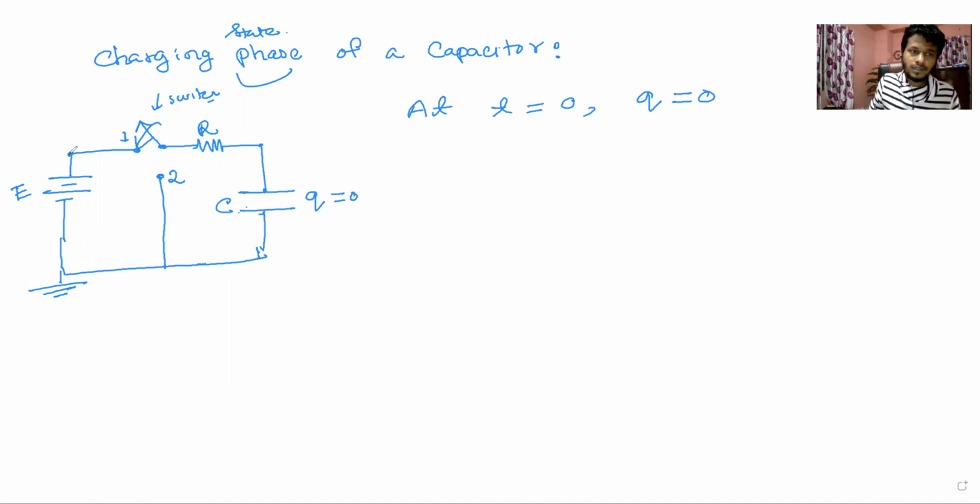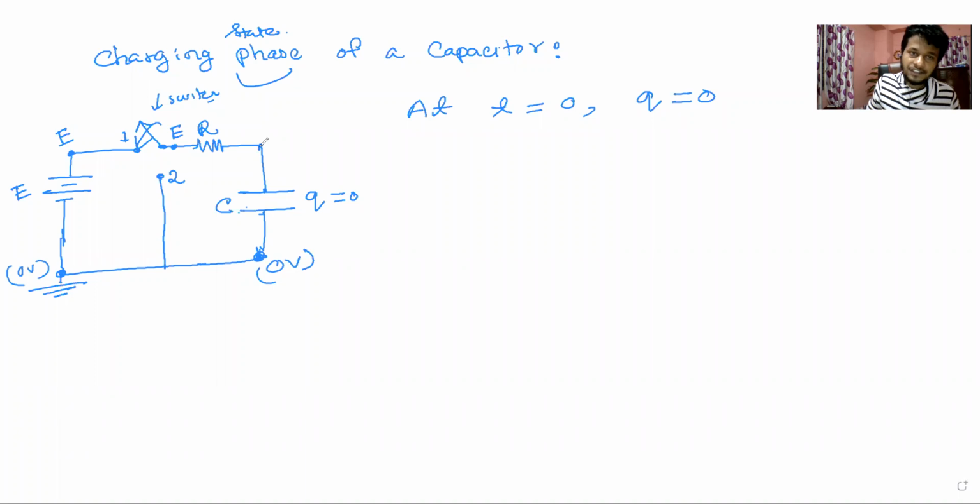So now if the potential difference across this power supply is E volt, then what would be the potential at this point? 0 volts. What would be the potential at this point? E volts, right? What would be the potential at this point? It is again E volt, isn't it? What is the potential at this point? 0 volt.